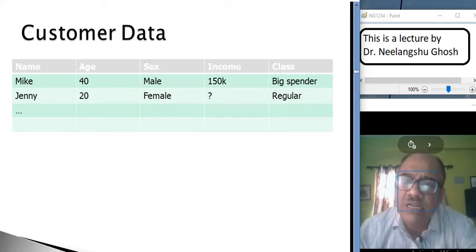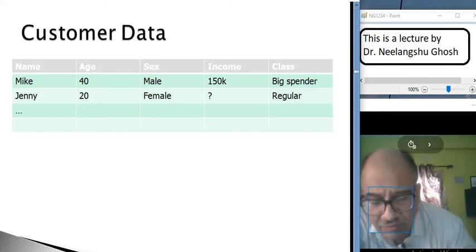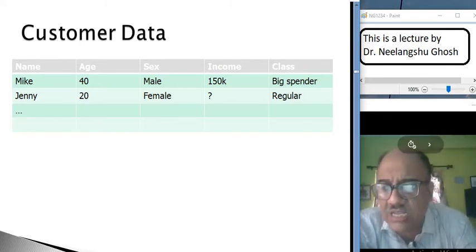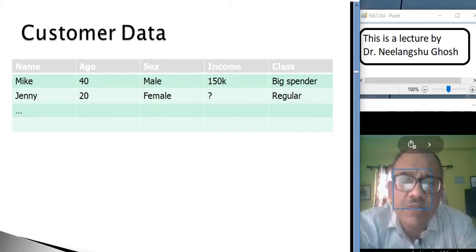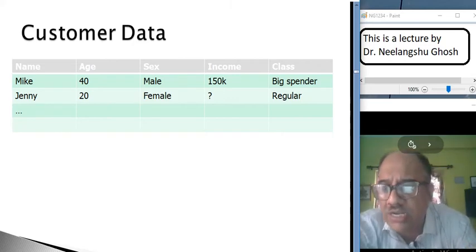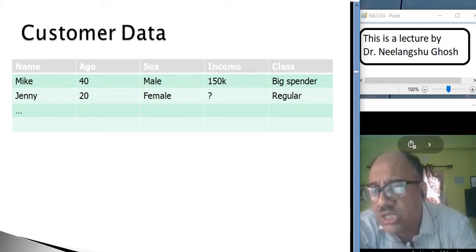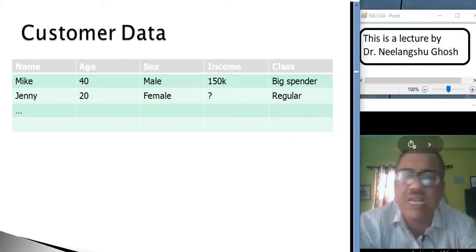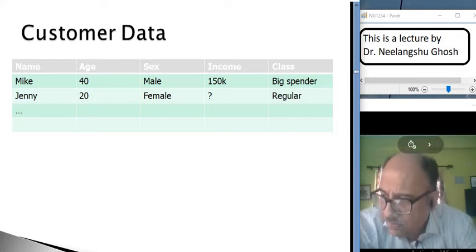Either the row can be deleted or the column can be deleted, depending upon the data. If there are lots of data, say 200 different persons, so 200 different rows, then deleting one row will not make any difference.